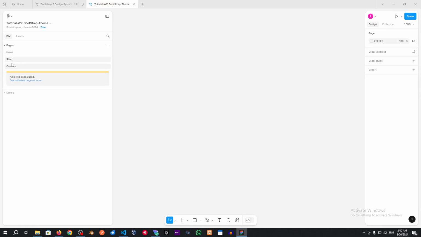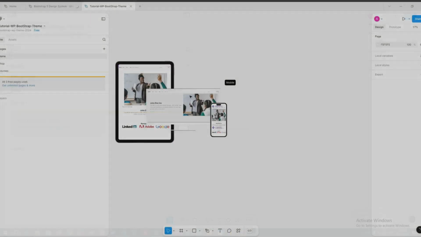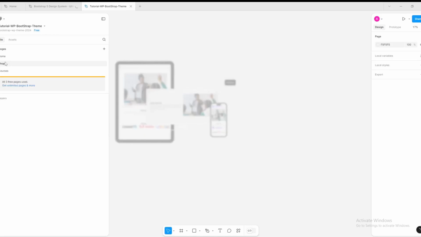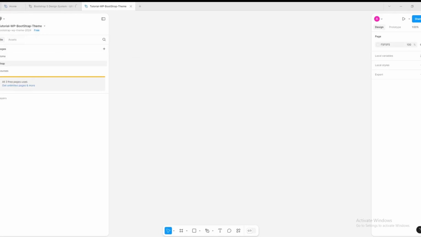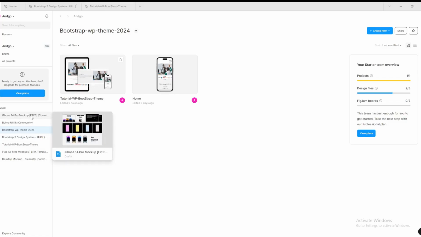So as you can see on the top left over here, we have the home, the shop, and courses. We are gonna be starting with the shop. We already did the home. Here is the home. Right now we're gonna do the shop. Okay. So we can just go into our home page, not our home file, and let's start with the iPhone